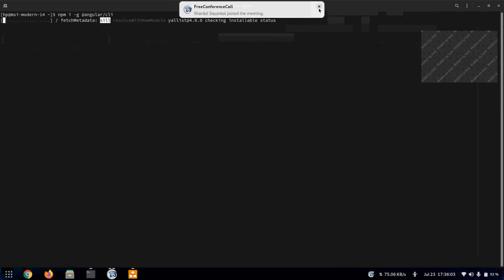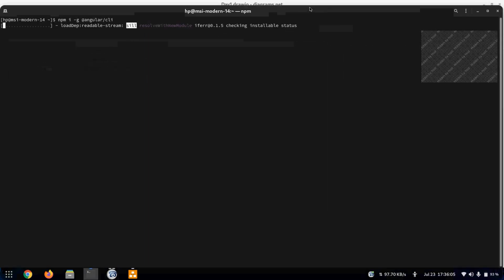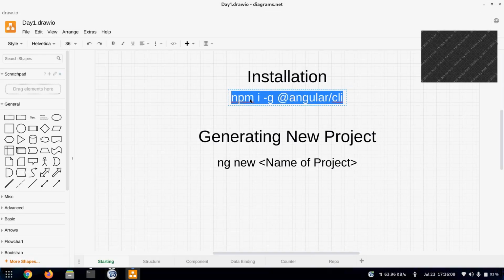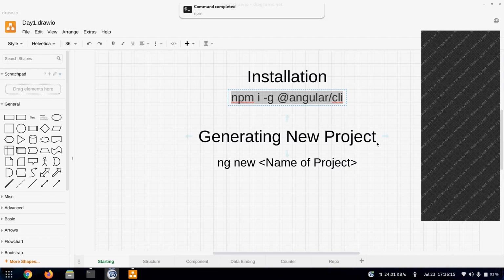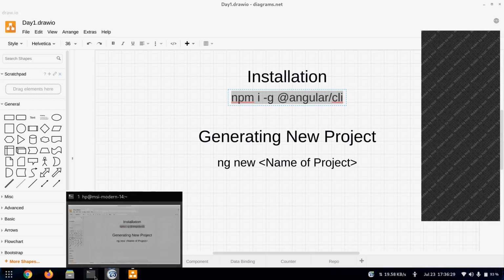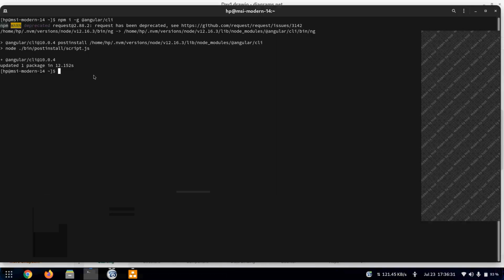Could you please send the command in the chat box? Okay. So this will install the Angular CLI.